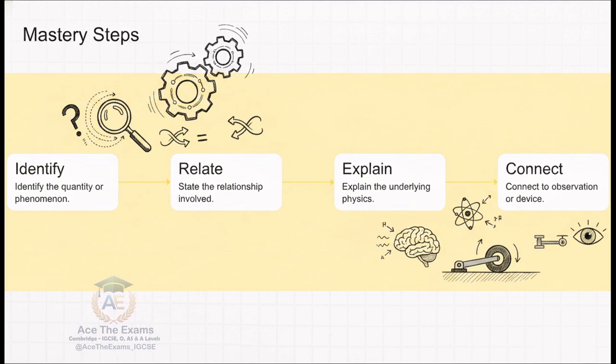energy into thermal energy. And step 4, connect it to an observation or device. That is your link. You link it back to the real observation, the car actually slowing down to a safe stop. This specific automated sequence is your ultimate blueprint. It's how you program your brain to predict physical outcomes accurately and structure an answer that an examiner simply cannot